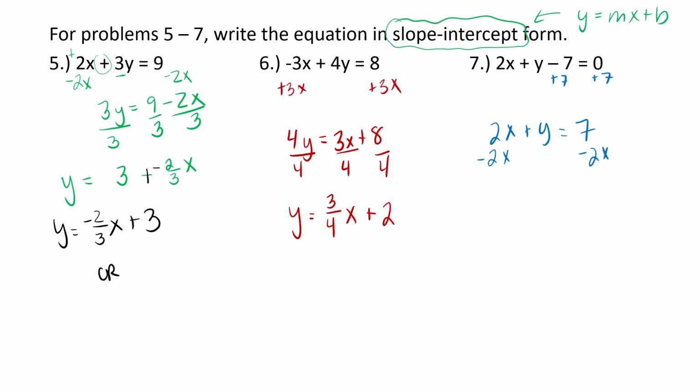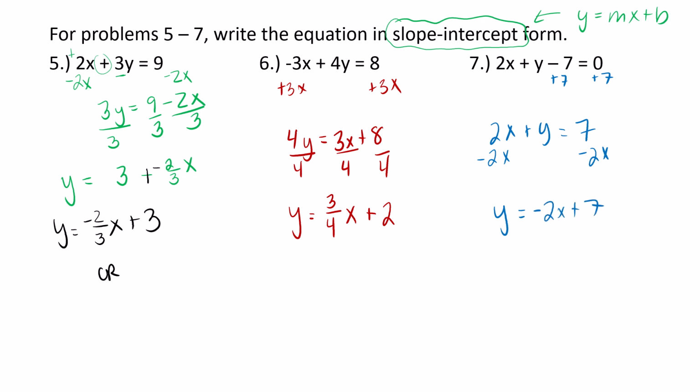And this is where experience comes in handy. We've got 2x minus 2x is 0, so we're left with the y. What I did over here is I ended up with 9 minus 2x, and then I divided, and ultimately I ended up having to switch the order. So what I'm going to do here is switch the order at the outset. Instead of 7 minus 2x or 7 plus negative 2x, I'm going to write negative 2x plus 7 and go